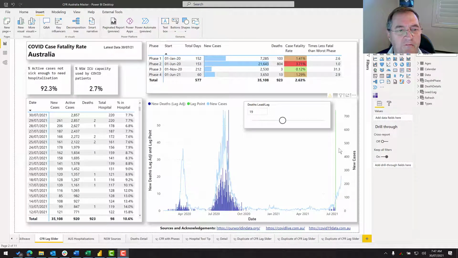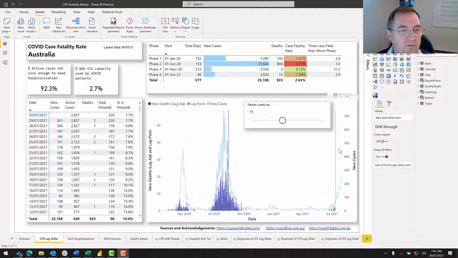I think there's not enough information available from the government, and therefore I'm trying to build my own reports so that I can understand what's truly going on. I've had a lot of really good and positive feedback from people saying they've really enjoyed the way that I've shared my thought processes, and so I'm going to do the same again today. I'm not going to do a lot of prep. I'm just going to jump into this particular review and show you the thought processes that I go through to